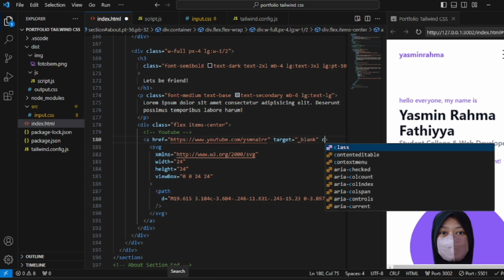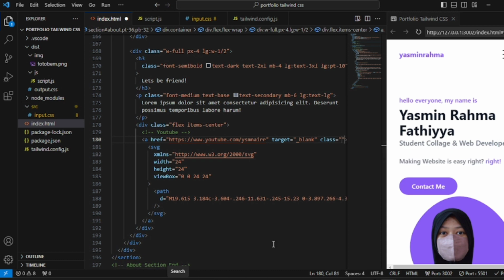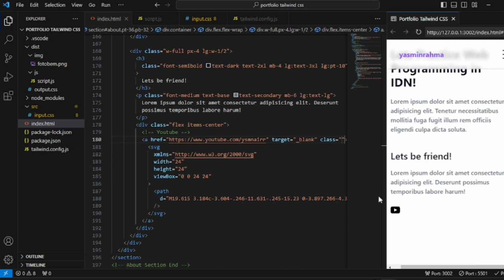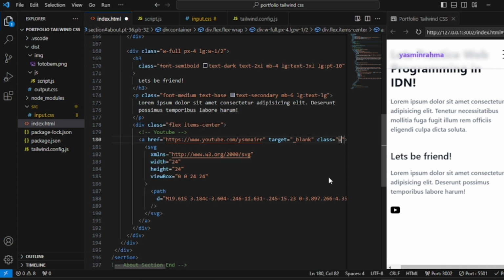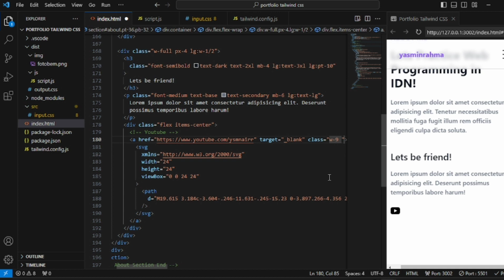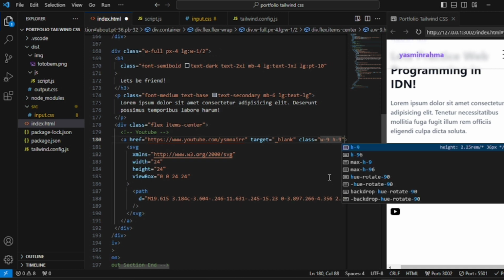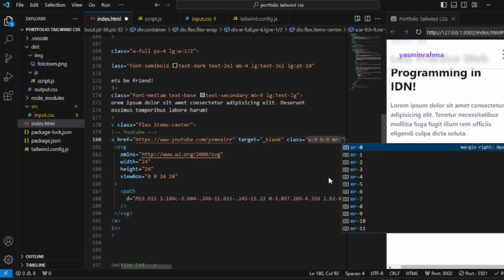And then the class is, but first you can see right here, the class is, the width is 9 and the height is 9, and then margin right is 3,